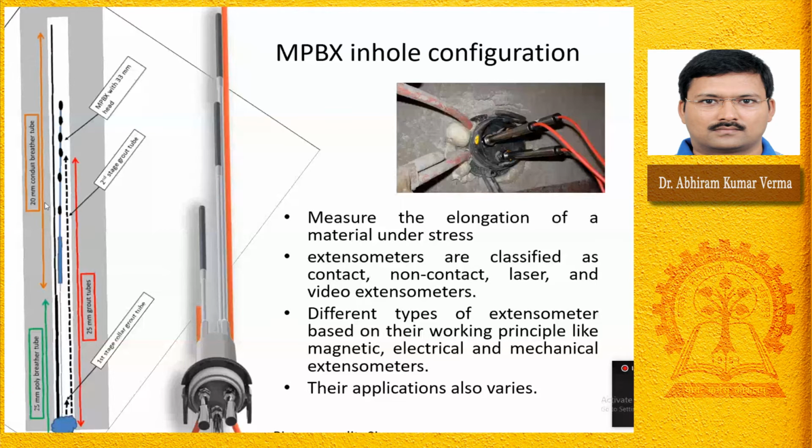And what is happening? This rod is being sent within a plastic cover, so that only the end of the rod is fixed with the cement, not the entire length. So the entire length we are protecting from the concreting by covering it with a hard plastic tube all along its length except the end. So when we place the cement into that, it is going to fix this end rather than fixing the entire length.